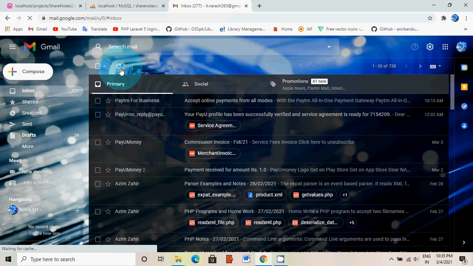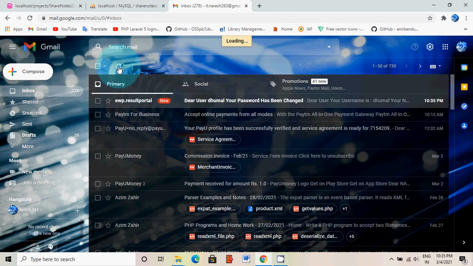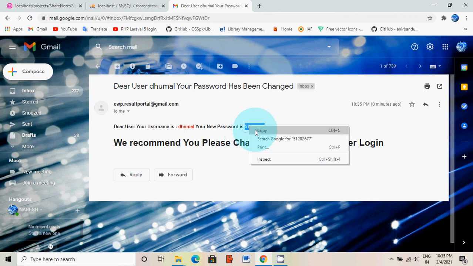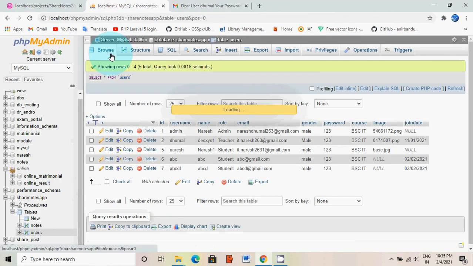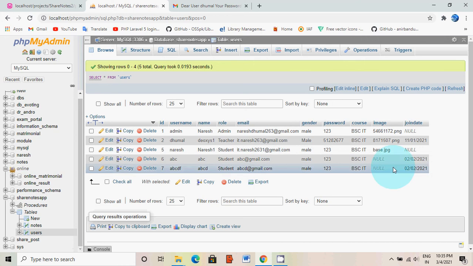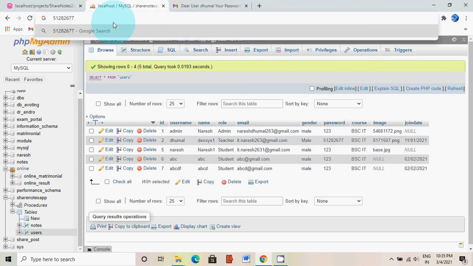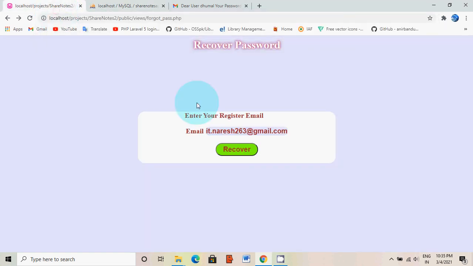To check the inbox, I come here. Okay, we can see the username, and my password has changed. I just simply copy the password and cross check it. So this is my password, 5128512826. Okay, the password has been successfully changed.